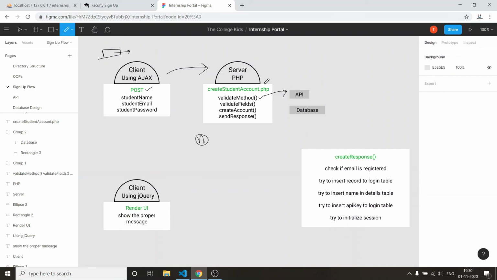Now the next thing after validating the method is to validate the fields. So fields meaning parameters etc, like the payload which is passed in the request. So student name, student email, and student password is the payload of this request. Now what we have to do is we have to validate. Actually what we need to do is we are actually